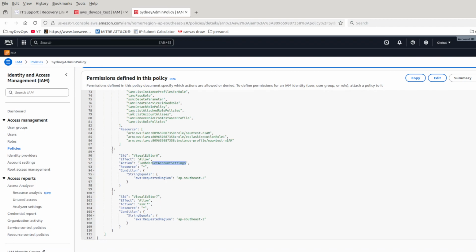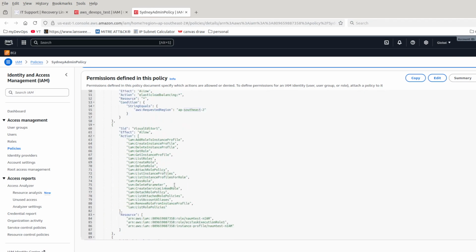This is the action of Lambda, nothing else. Resource, but on any resource we can get account settings, no problem, go for your life. And also we're restricting it to only this specific geographical region. Very, very important. Okay, so we've done it here